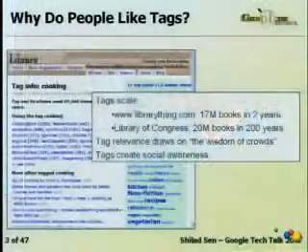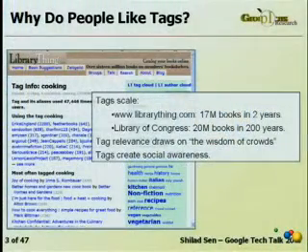So this gives us a lot of examples of why tagging has become a powerful tool. First of all, tags scale very well. This website, which you may not have even heard of, has 17 million books that are tagged with over 20 million tags. And that has been done in just the 2 years since LibraryThing has been around. And you can compare that with the Library of Congress, who's been around for 200 years and has classified 20 million books in the time they've been around.